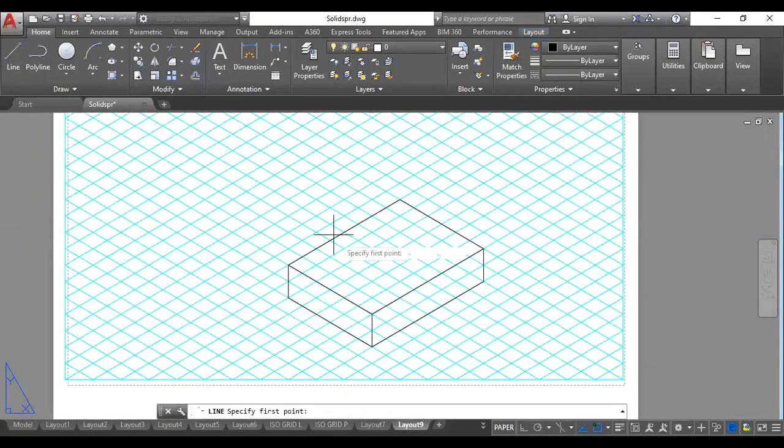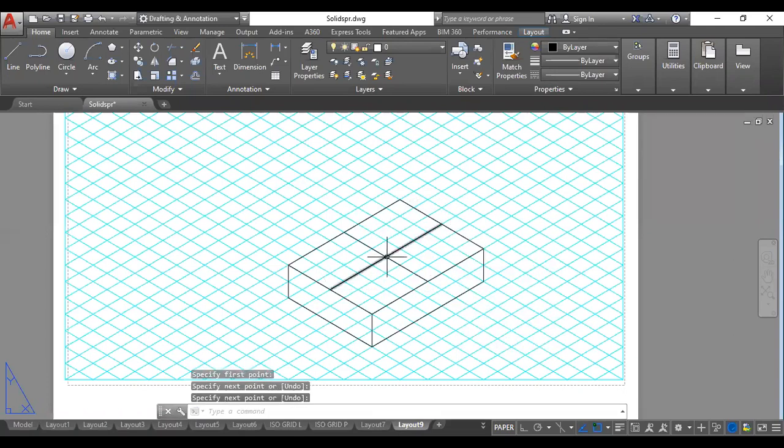So I'll just take the line command. This is 80, so mid will be 40 here. From here to here I will draw one line, and this is 60, so mid would be 30. From here to here I will draw another line. So this intersection is nothing but the center of the box. This is where the axis lies. So with this center, I have to draw the tetrahedron on top of this.